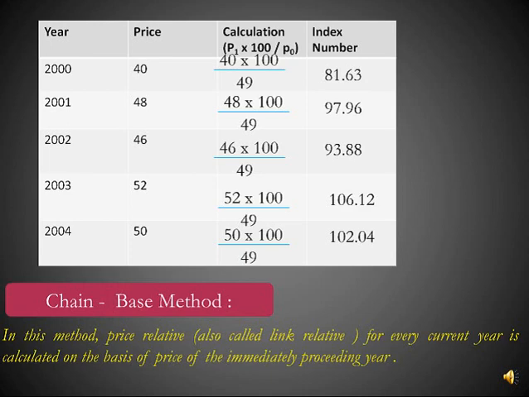Now the next concept is the chain based method. In this method the price relative, also called link relative, for every current year is calculated on the basis of the price of the immediately preceding year. For example, if we calculate the index number for the data given in our question 1 using the chain based method, it will be as